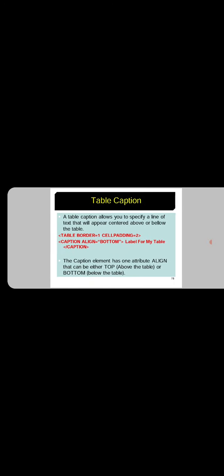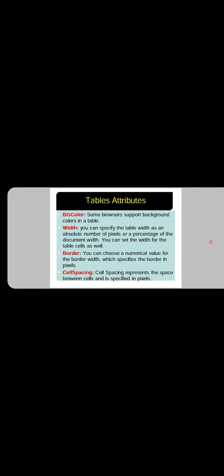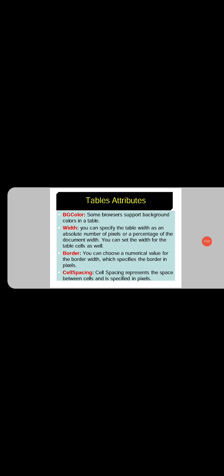Similarly, border color dark, all these are other parameters or attributes. So, in exams you may be required to discuss some 5 to 6 attributes or parameters. So, the table with bgcolor, width, border, cell spacing, cell padding, align, background, all these are the different options or parameters or characteristics with the table tag.